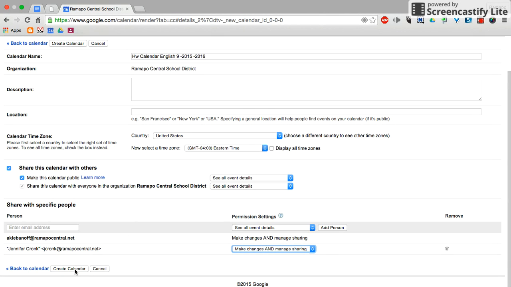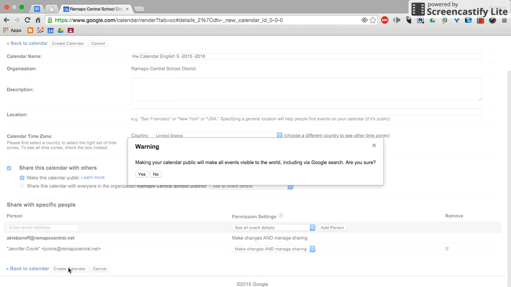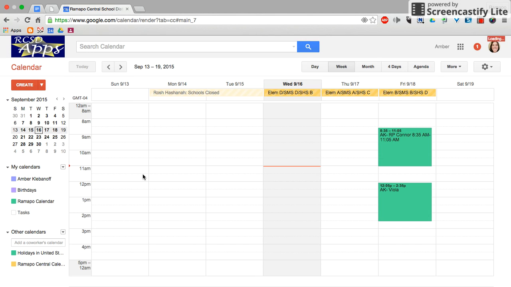That can either be found at the bottom or at the top right of the page. Once I click Create Calendar, you will see that a pop-up will appear talking about making your calendar public, that everybody will be able to see what is going on your calendar. Well, that's what you want, especially if you want parents to be made aware of what is occurring in your class. Click the Yes button, and you will see that right now it's loading,